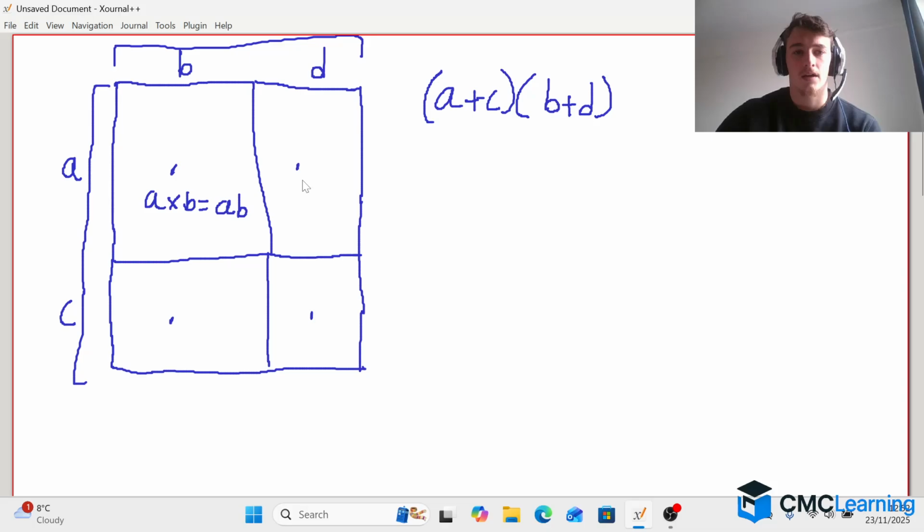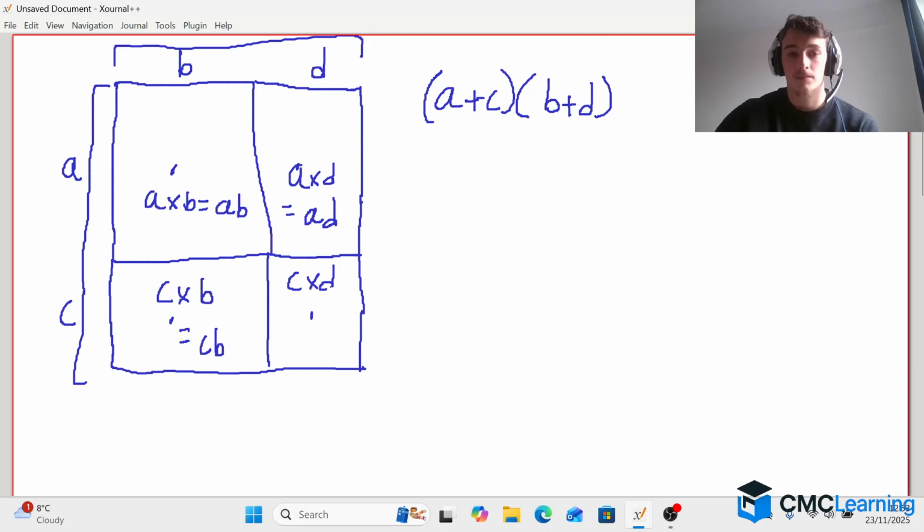This rectangle here is A times D, which is AD. This rectangle here is C times B, CB. And this rectangle here is C times D,